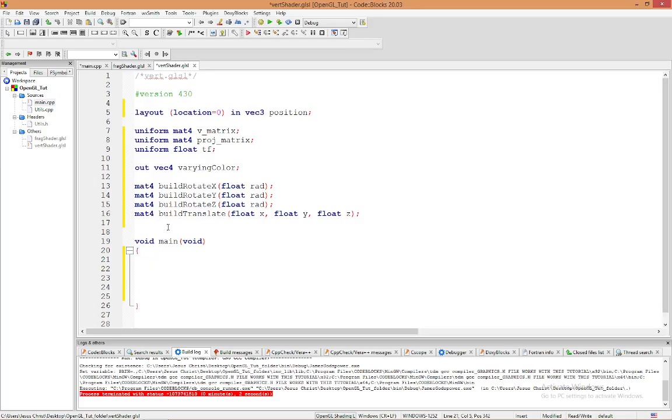You want to type the following lines like so. float i is equal to gl_InstanceID plus tf; You want to type float a is equal to sin(203.0 * i / 8000.0 * 403.0 * 0.0);